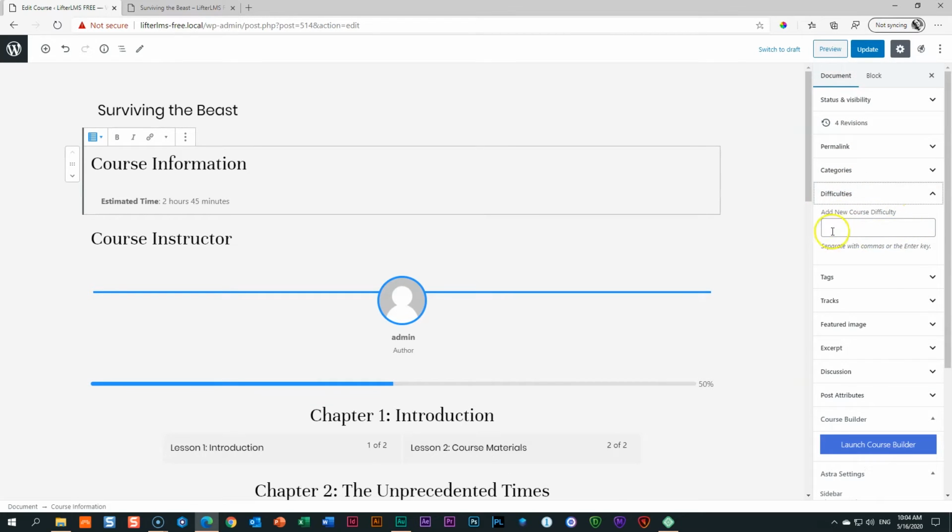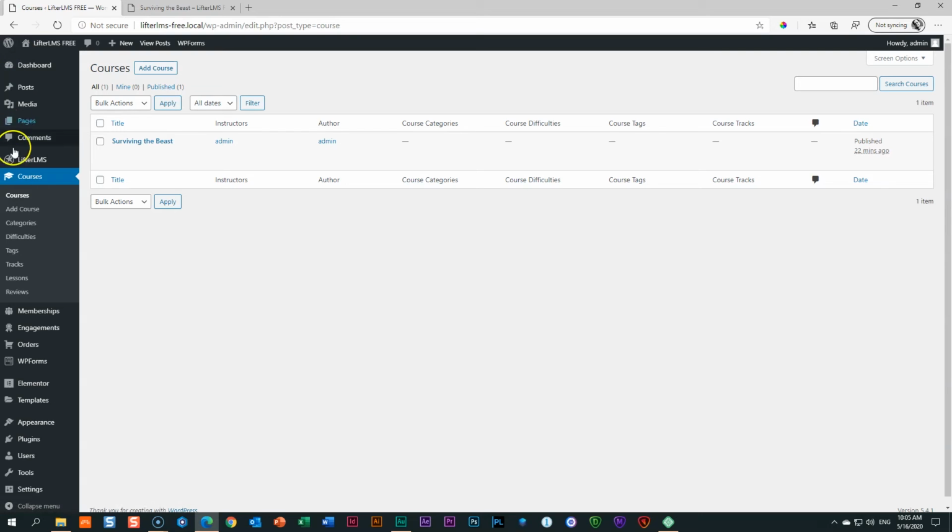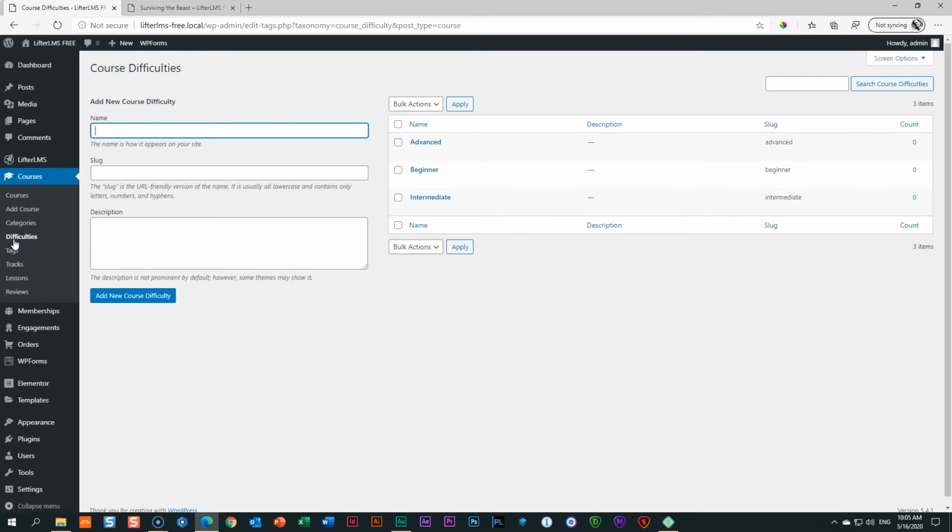And you can add the difficulties here. But what I'll do is I'll rather go into the back end and show you where those difficulties are so you have a little bit more control over them. Let's just update this page before we leave and then go to the W up here for your WordPress dashboard. And then here where we see courses, you will see difficulties appear over here as well. Click on that. And by default,